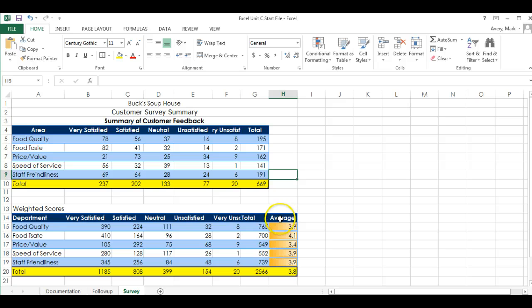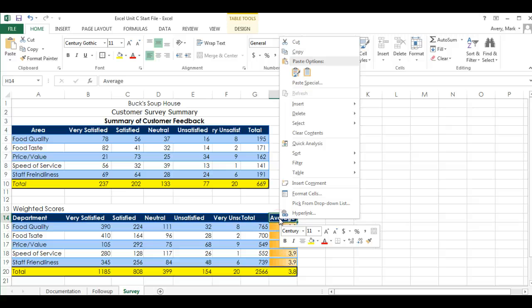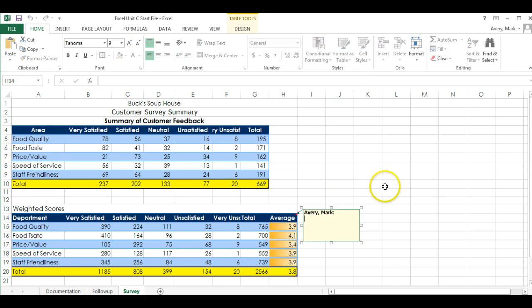So what you do is you get your insertion point, your cursor, directly over H14, and you right click. You use the right mouse button by clicking it one time, I look up here and I see that I have a command there, insert comment, and when I click there, it is going to put some data in there already. In this case, it's putting my name. Yours may put your computer number if you're in the lab or something like that. We want to get rid of all of that data,